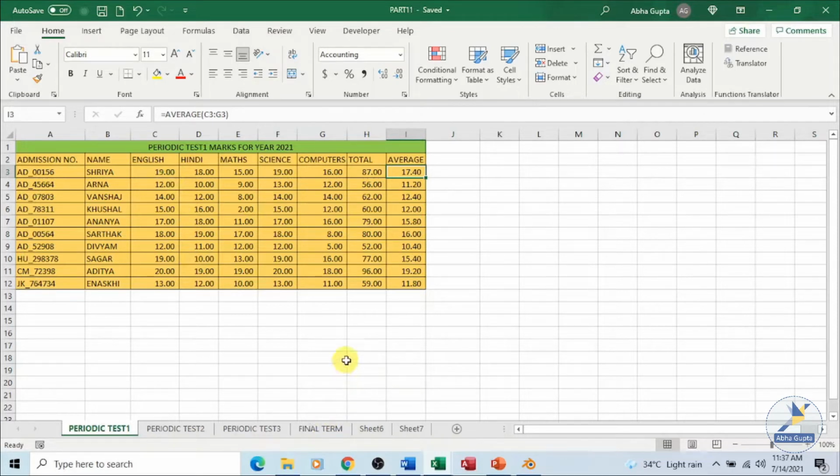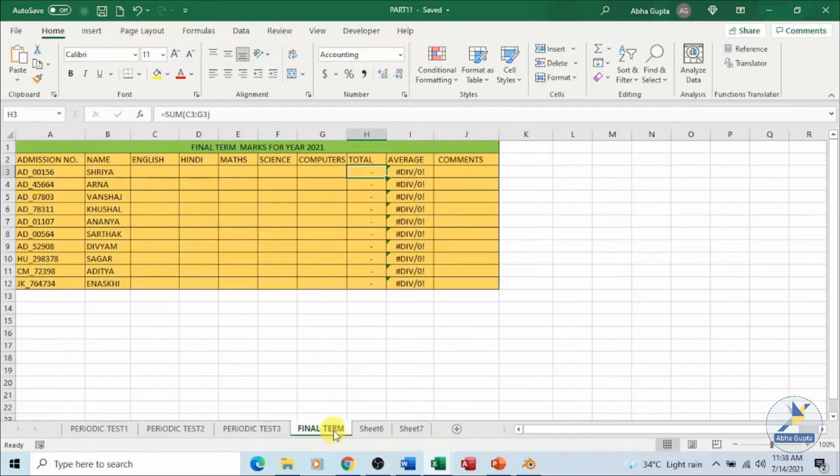But there is another way where we can take the value of a cell located in one worksheet and add it to the value of a cell located in another sheet. For example, I can take the English marks from periodic test 1, the English marks from periodic test 2, similarly from 3, and then on the final sheet I can get the sum over here.